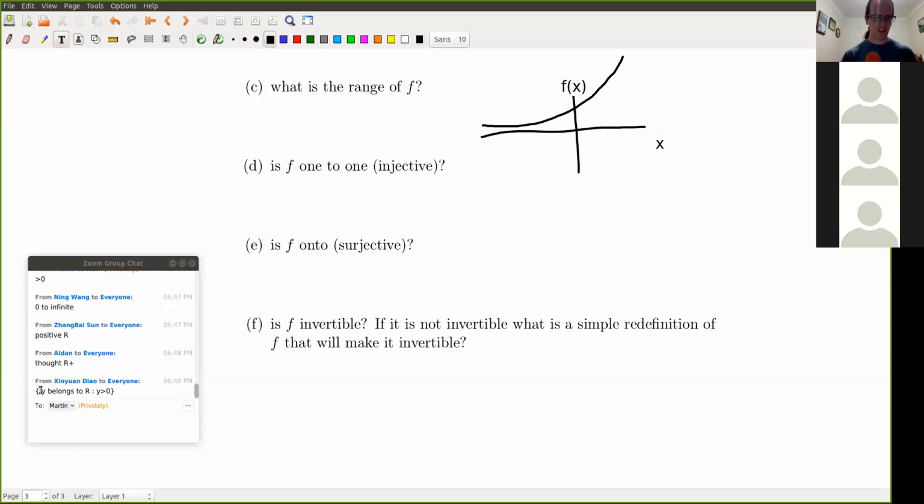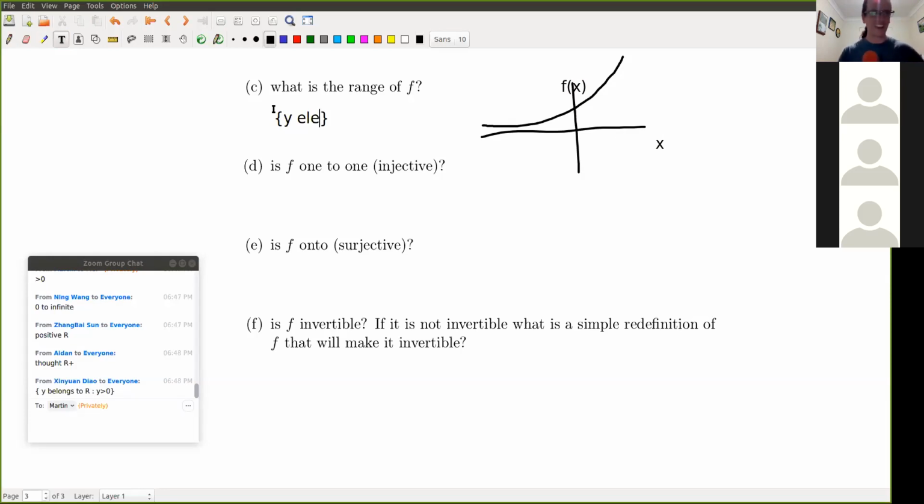So someone, yeah, that's an excellent answer in the chat. Yeah, R plus, positive R, x greater than 0. Yep. It's how you define it. So y belongs to R. I'd write that in set notation: y such that y is an element of